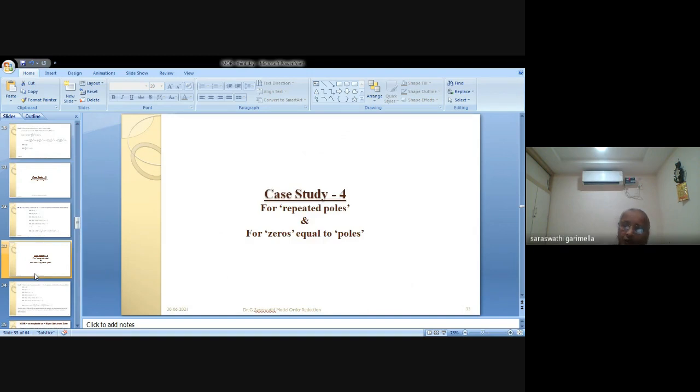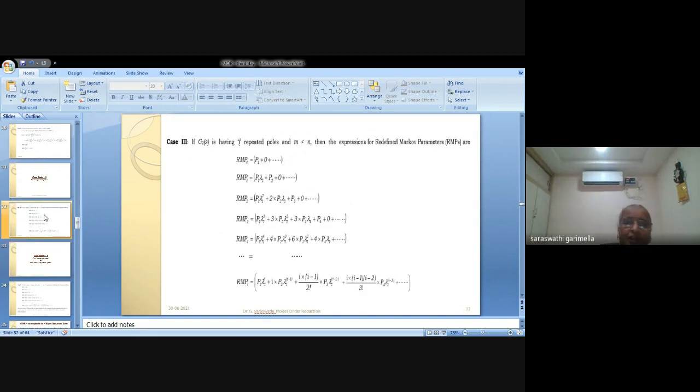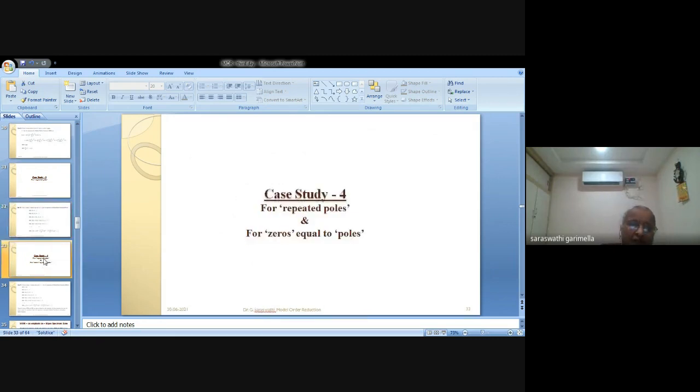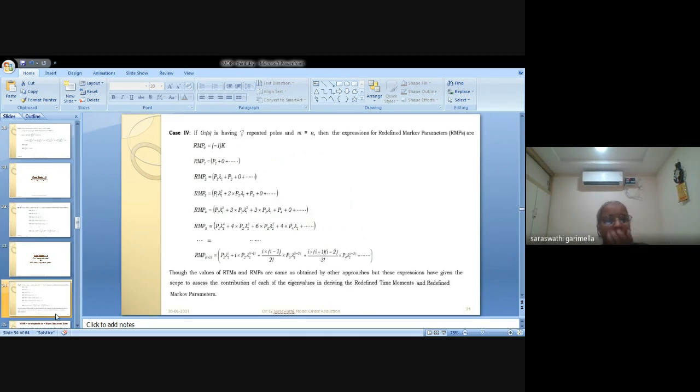So when you work on control systems, you have to define theorems and mathematical equations, as we are following, because this is a generalized expression for all systems. You can do it for any system using this type of explanation, because we have defined the cases: repeated poles, n equal to m, and m less than n. So these are all the cases, and what you have to do is defined, with no ambiguity in it.